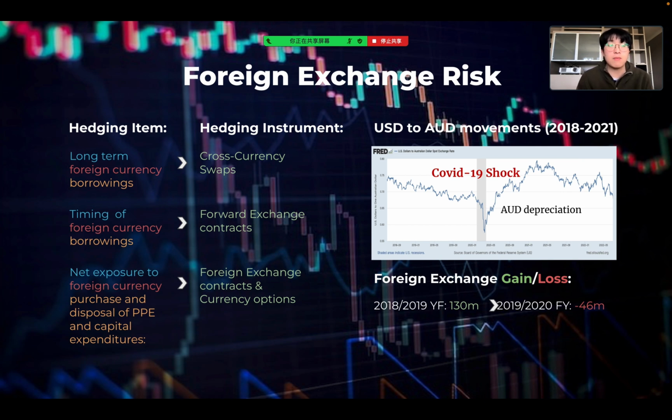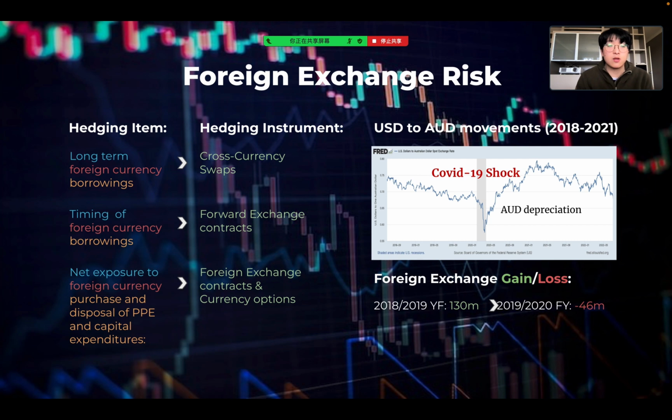A portion of the remaining net foreign currency exposures, including foreign currency purchase and disposal of PP&E and capital expenditures, are hedged with FEC and currency options. Foreign exchange risk related to fuel price will be discussed by Yi Ying in the next section. The 2020 annual report states that foreign exchange risk is primarily associated with the US dollar. As shown in Figure 1,